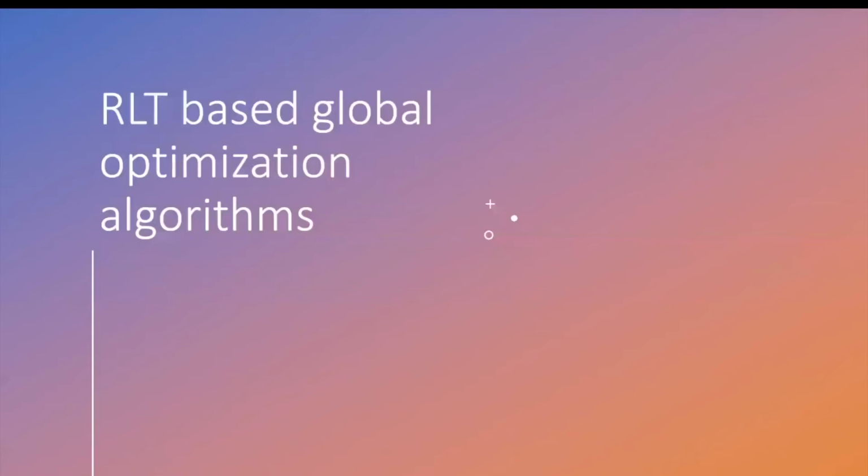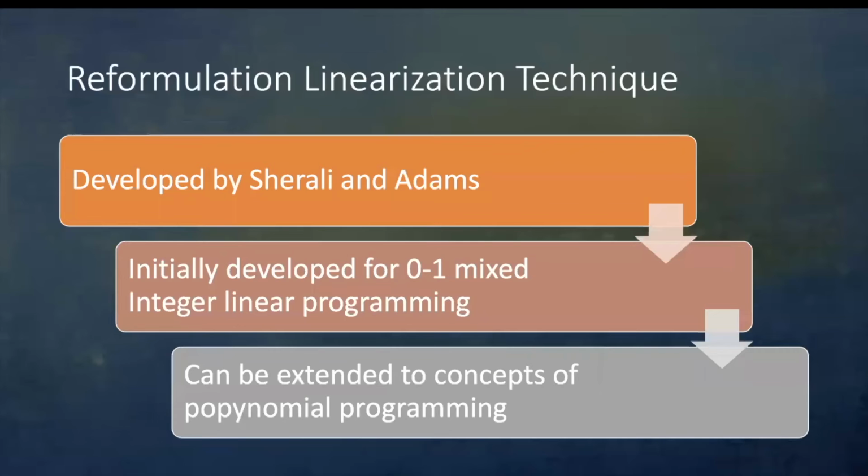The first solution is the RLT-based global optimization algorithm. But before we dive into the algorithm, let us explore what this new RLT term is. RLT, also known as the reformulation and linearization technique, was developed by Sherali and Adams for 0-1 mixed integer linear programming